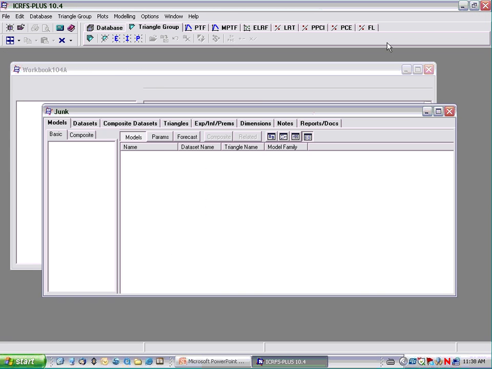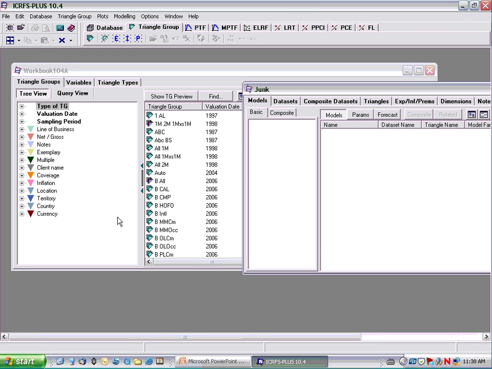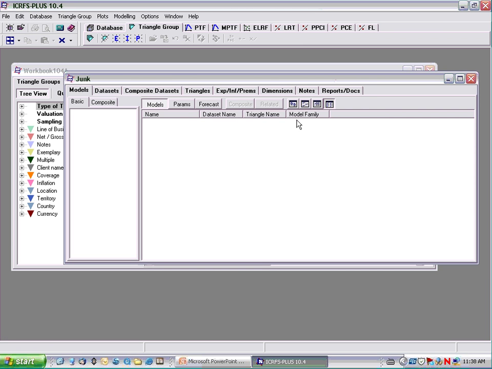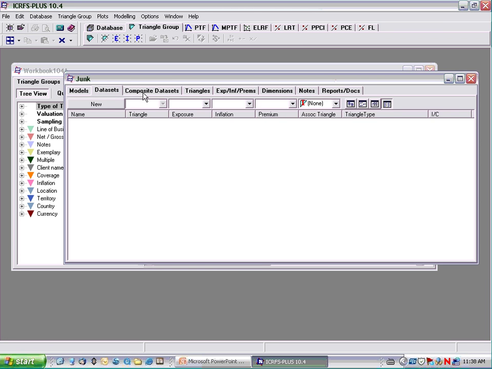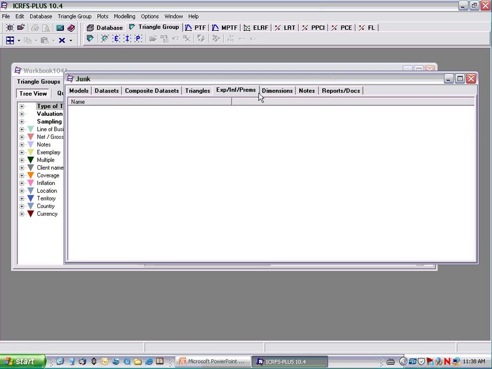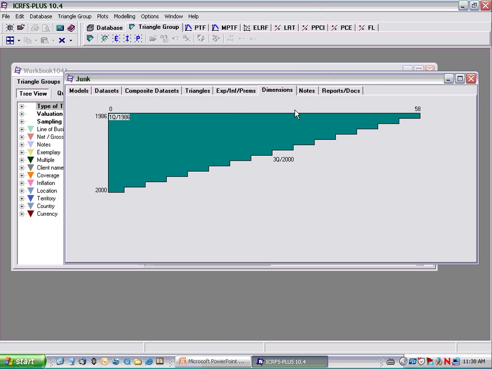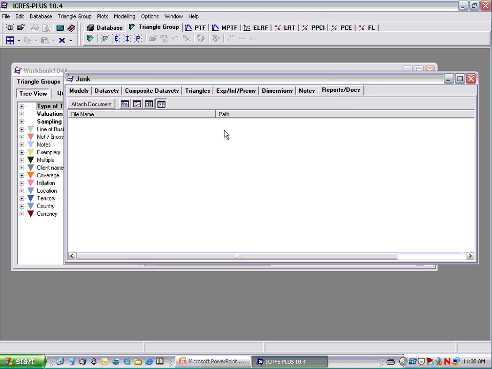So it actually opens the triangle group. It's already in the database under Junk. Okay, but it doesn't have any triangles. It doesn't have any data sets, composite, triangles, exposure, dimensions. It has no notes, no reports. So if you go to the Triangles tab,